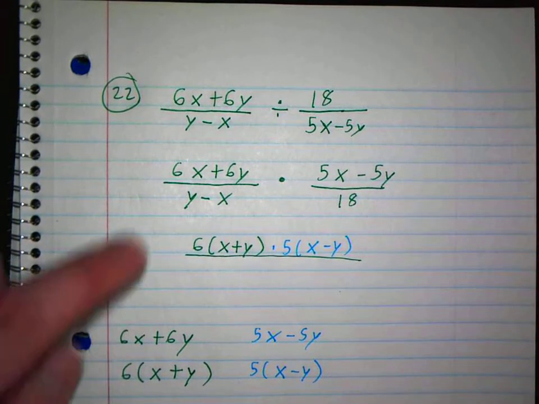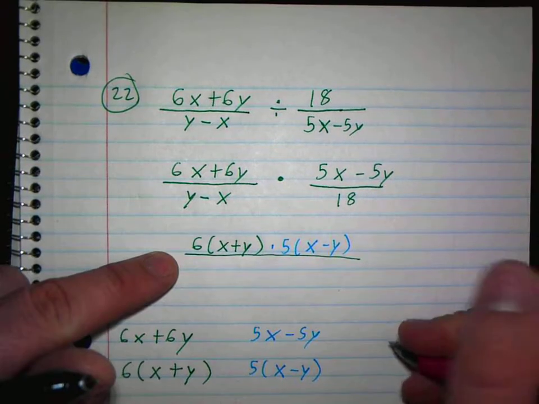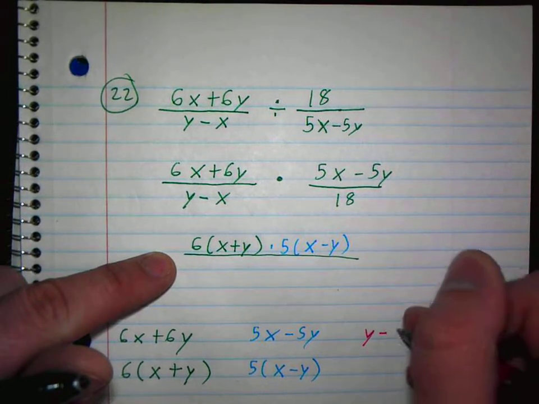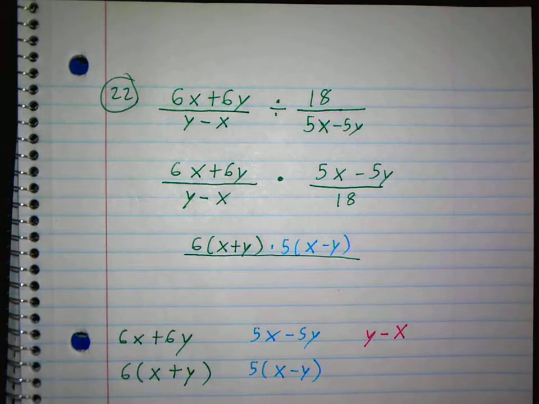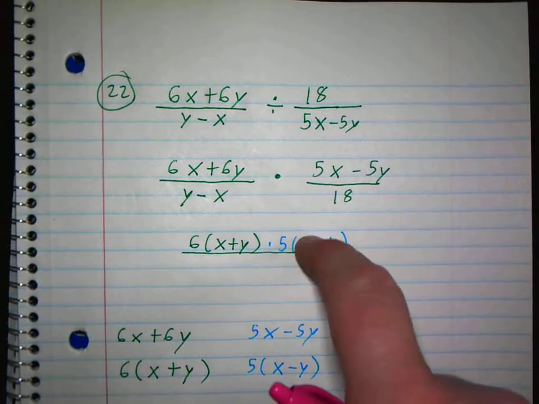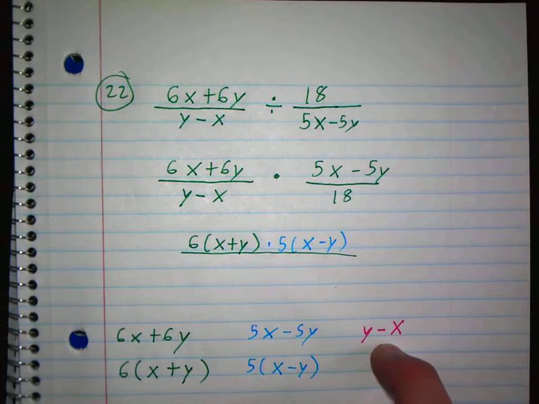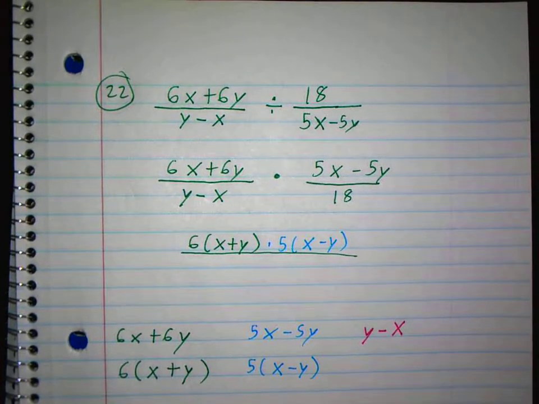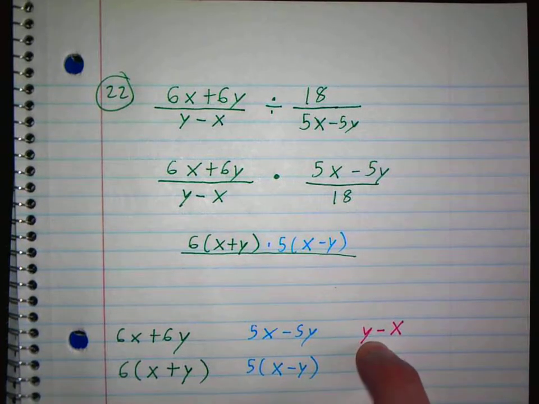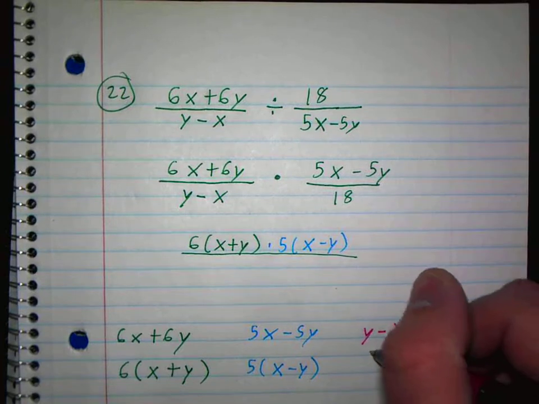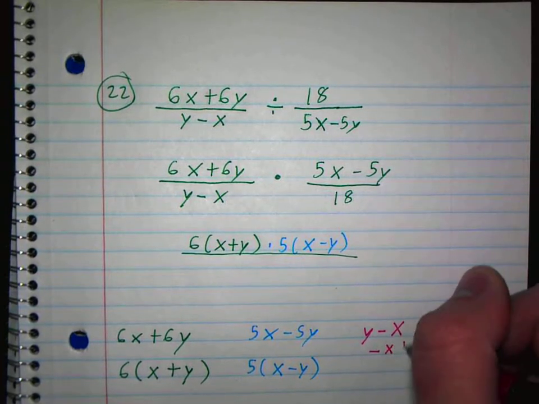Now y minus x, there's two ways to think of this. An x minus y over a y minus x, those are actually going to cancel and make a -1. That's how I learned it. But what probably is easier to think about is this in standard form? No, because you want it in alphabetical order, right? So it's better to write this as -x plus y,